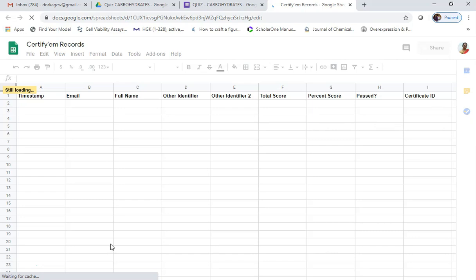I'll show you later how the merge tags can be added in Certify EM. Now these are the fields. Maximum we can use two fields after the full name. One is other identifier, another one is other identifier 2.